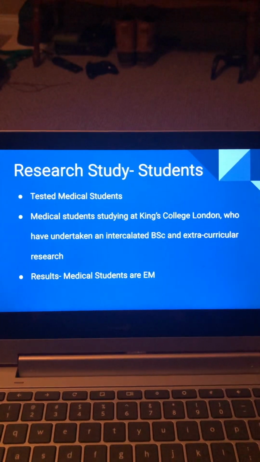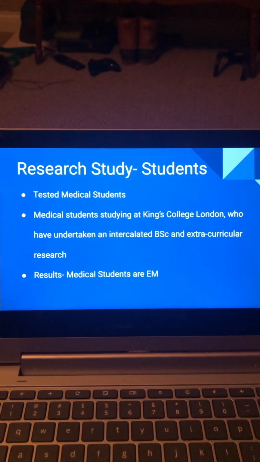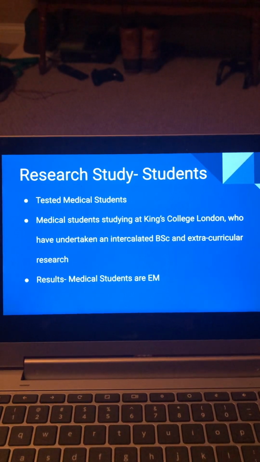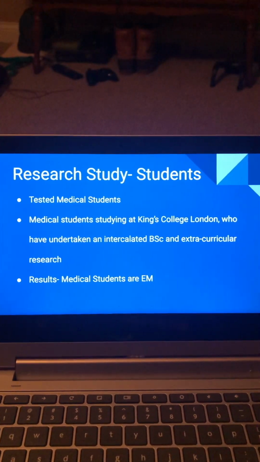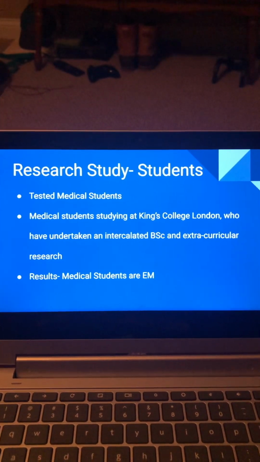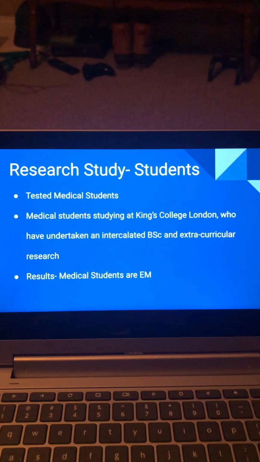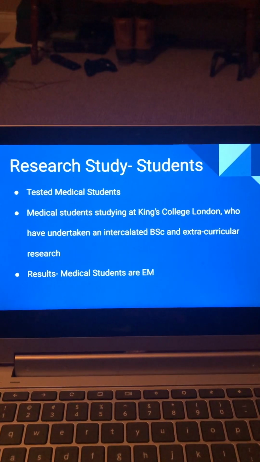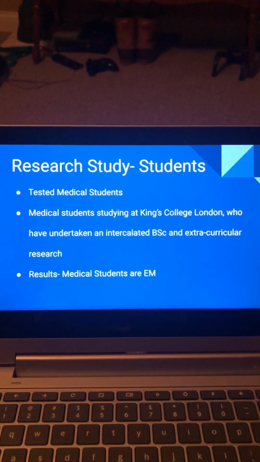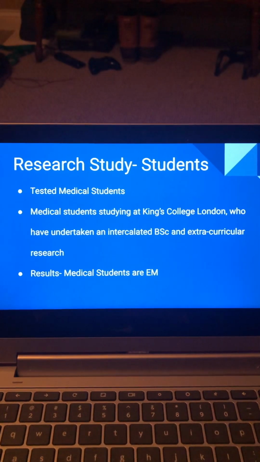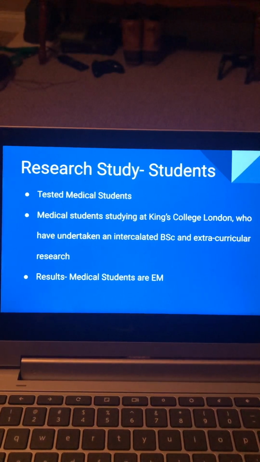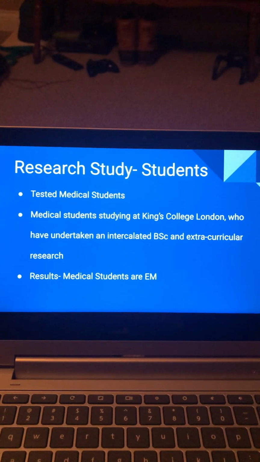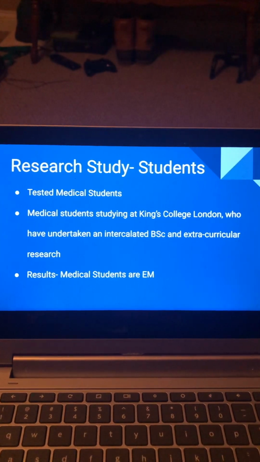The first research study I found was a study based on students, and it tested in depth. It studied medical students and which way they were motivated and how they would perform while they were in school. This was done by other students as an extracurricular research. The study showed that the medical students